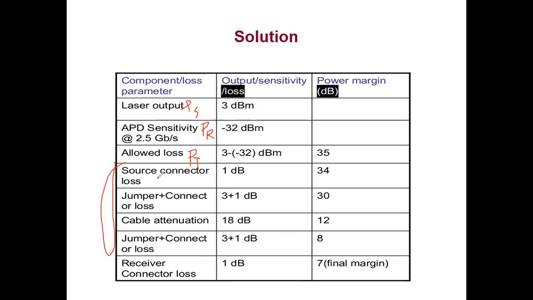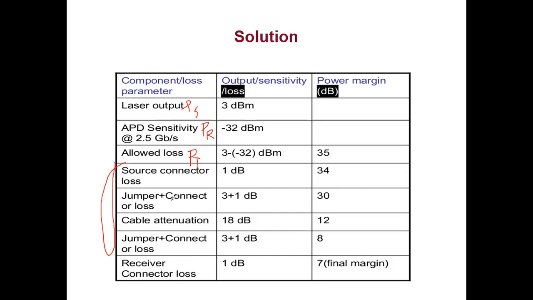See how they have written it: jumper plus 1 connector, 3 plus 1 they have taken here, and here they have taken 1 separately. So actually if you see the diagram, it was 3 plus 1 plus 1, 5. So it is up to you how you write it, but at least see everything is included. You only need to write 2 connectors, or take an individual connector and increase your rows, it is up to you. Or you can combine jumper plus 2 connectors at the transmitter, jumper plus 2 connectors at the receiver, and then directly write 3 plus 2, 3 plus 2. So 5 dB, 5 dB. Okay, so this is how you can take it.